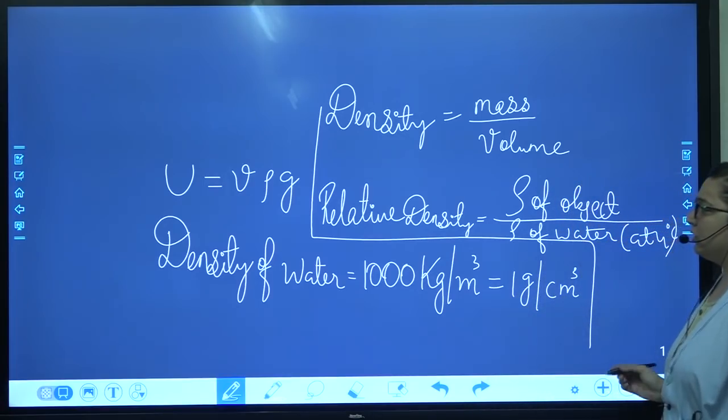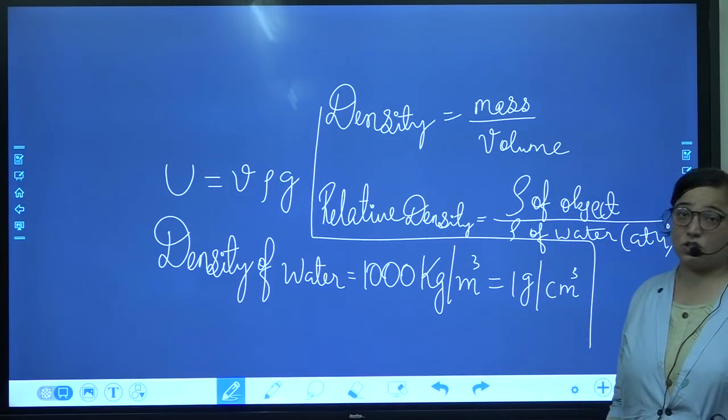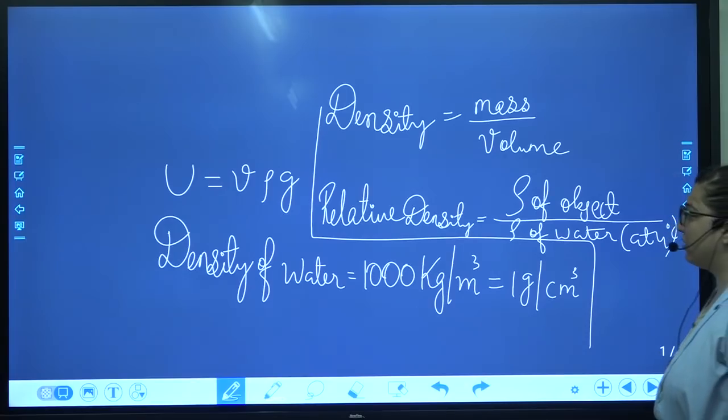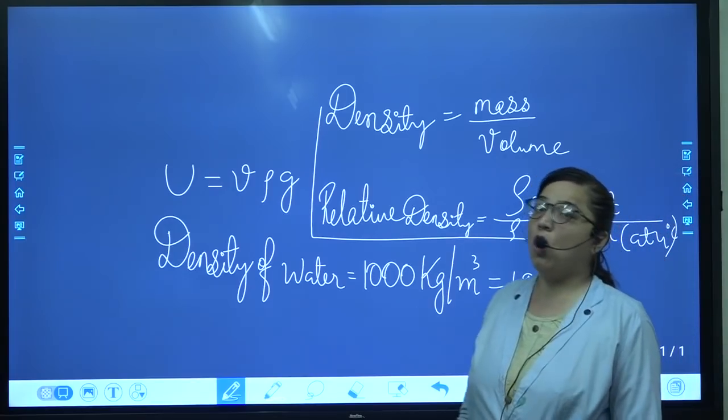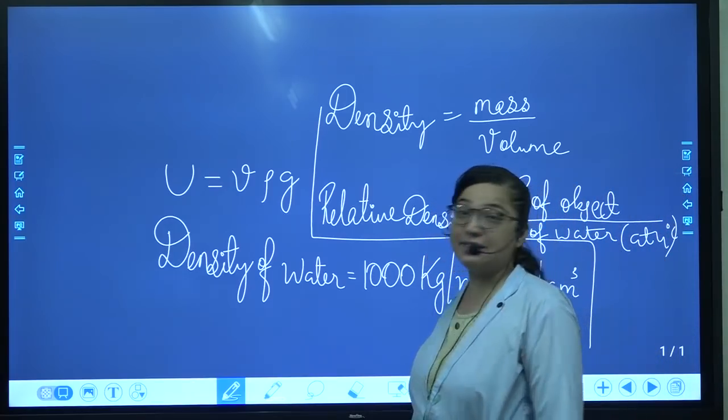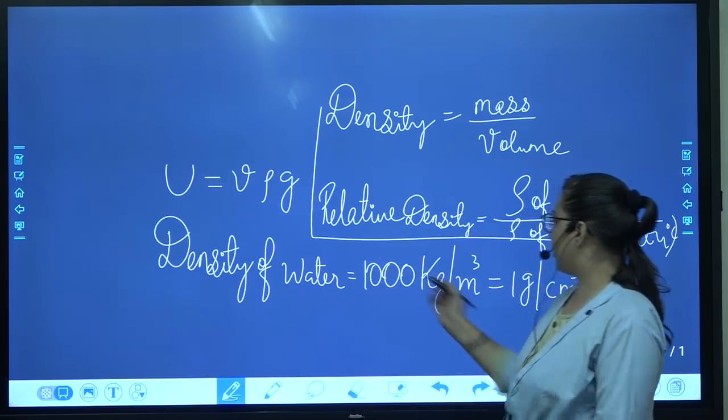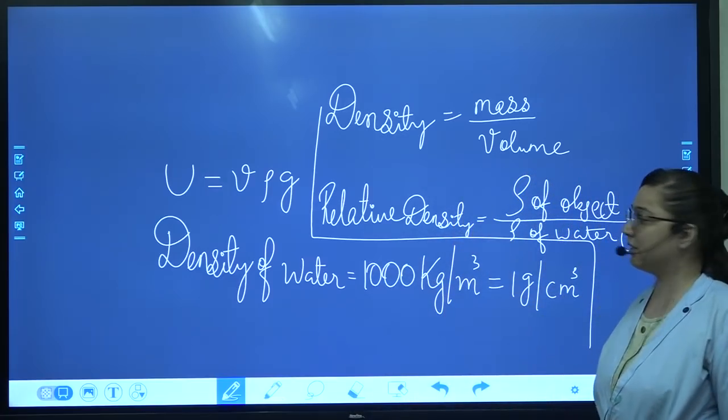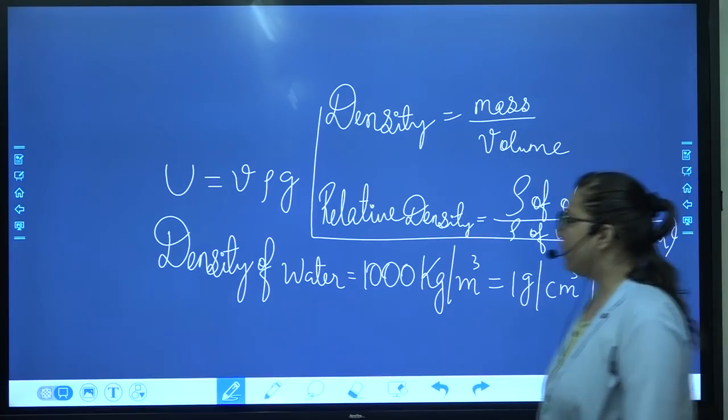Alright, so these are the basic formulas you should know. First note down this content, after that we'll move on the today's numericals. Quickly note down just 4 formulas, 3 formulas and 1 value. Quick.